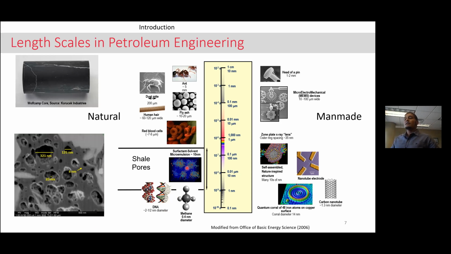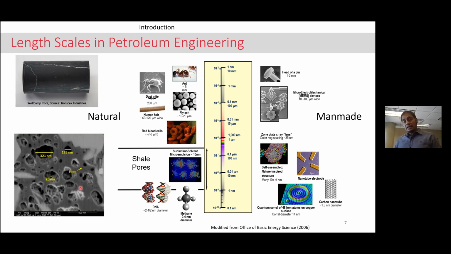Anyways, and then I want to draw your attention to this picture on the left-hand side over here. What you're looking at is a scanning electron microscope picture of a shale. Specifically, this is a sample from the Barnett Shale. And this dark stuff that you see over here is what's called Kerogen. It's the organic material present in the shales. It's the place where the hydrocarbons are hosted because it's hydrophobic. You can see some pores which are extremely large, but you can also see some pores that are extremely small.